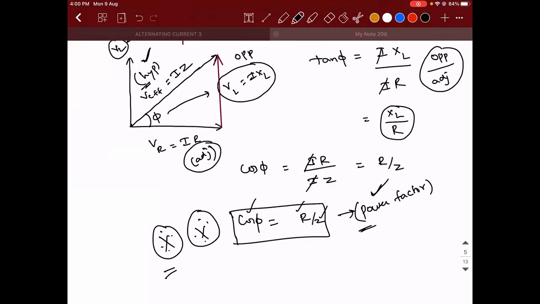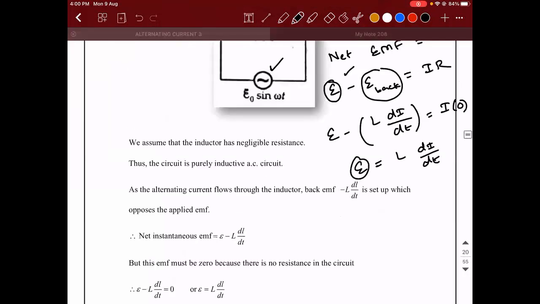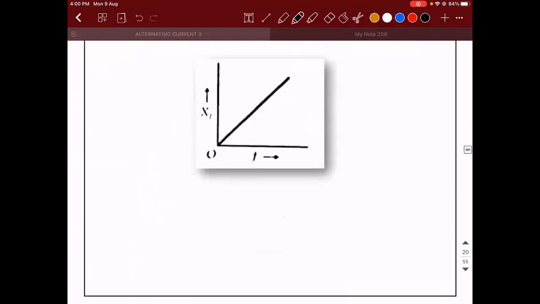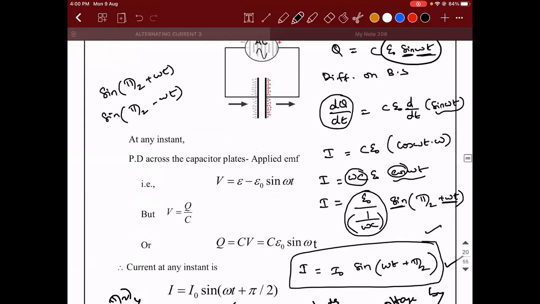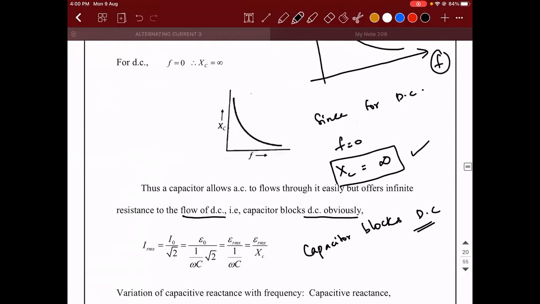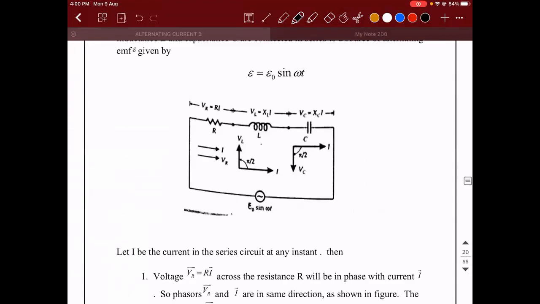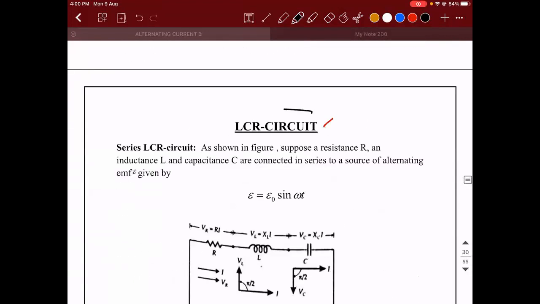So these are all the points. Remember all these. The next important topic that we are going to discuss is the series RLC circuit. For this, you need these basics, because then you will understand certain important terms that we'll be discussing. So ensure you study all these things before coming to tomorrow's class. It's called an LCR series circuit. I'll see you all in the next class.